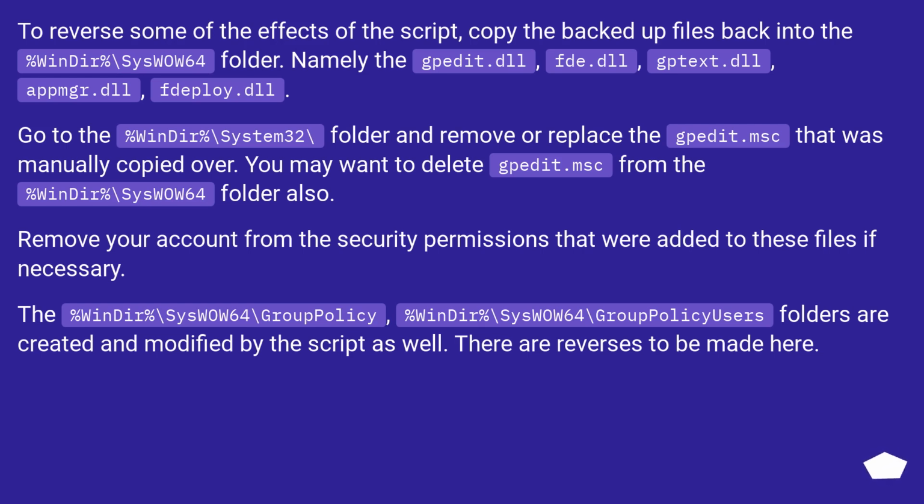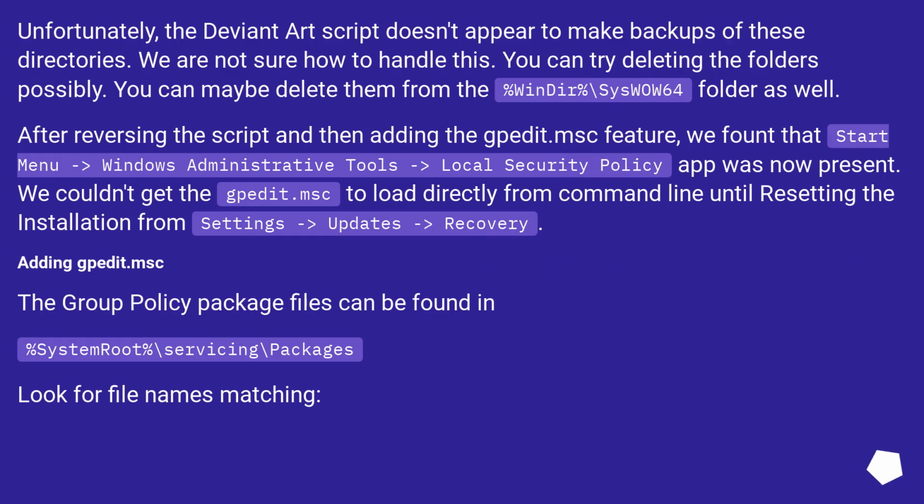The %windir%\syswow64\GroupPolicy and GroupPolicyUsers folders are created and modified by the script as well. There are reverses to be made here. Unfortunately, the DeviantArt script doesn't appear to make backups of these directories. We are not sure how to handle this. You can try deleting the folders possibly. You can maybe delete them from the %windir%\syswow64 folder as well. After reversing the script and then adding the gpedit.msc feature, we found that